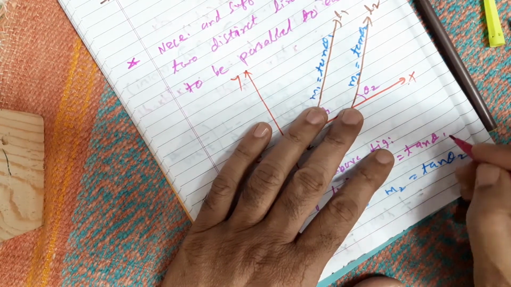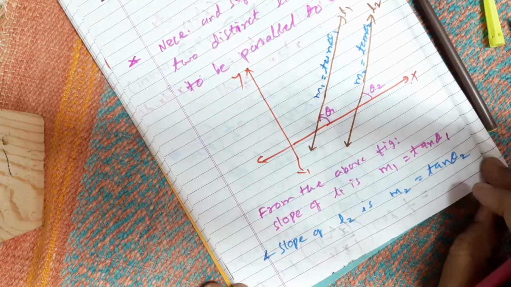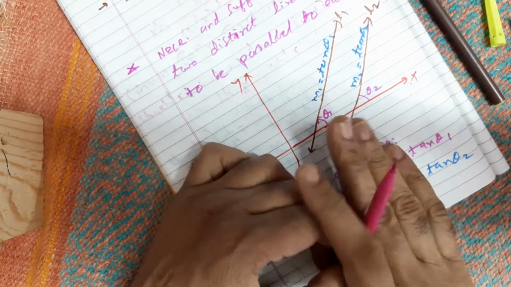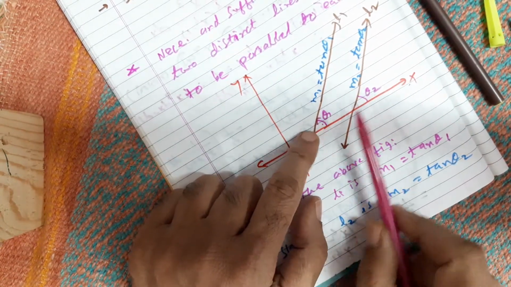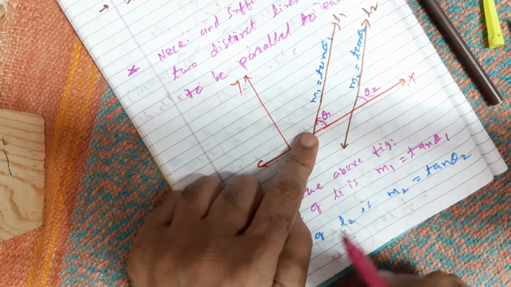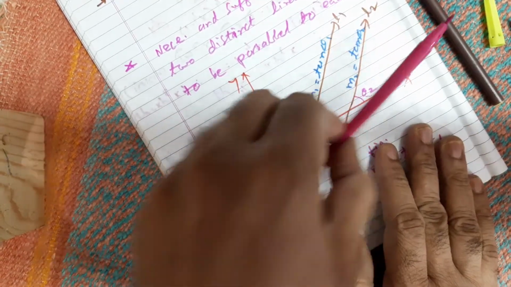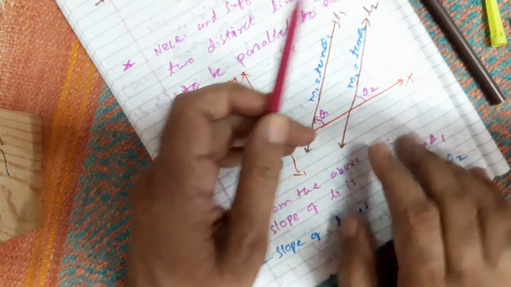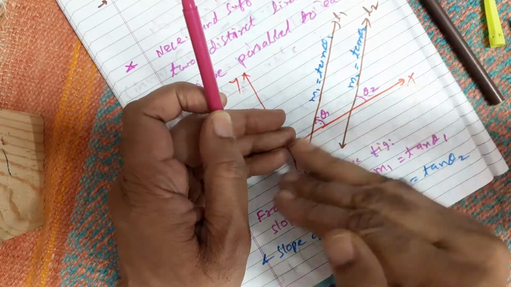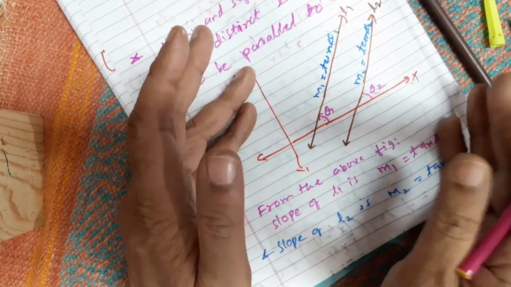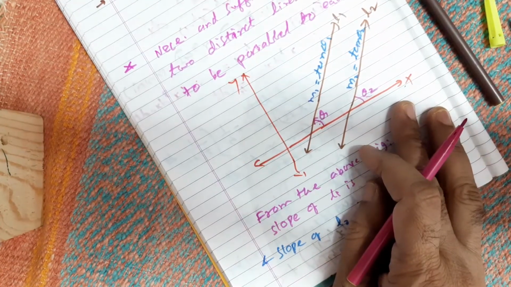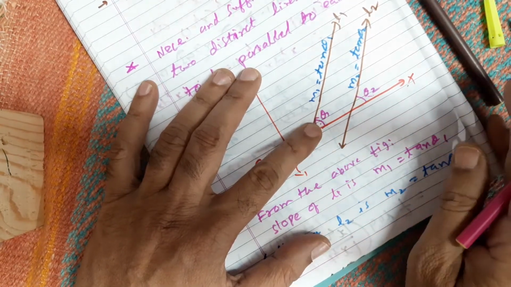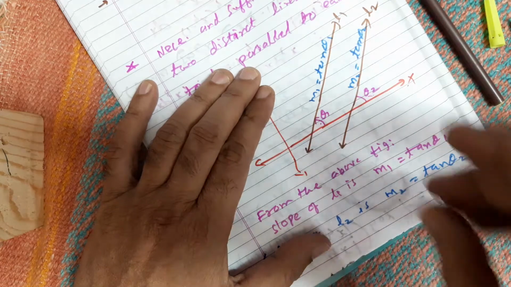Correct? This is tan theta 1 and this is tan theta 2. Correct? Now, what's your observation geometrically? Can you see that theta 1 and theta 2 are equal in measure? Because L1 and L2 are parallel, the x-axis becomes a transversal. Both the angles are on the same side of the transversal. I think it is known as corresponding angles, I don't remember exactly the name, but both are congruent. So theta 1 and theta 2 are equal. Isn't it? So that is what I am going to write here.